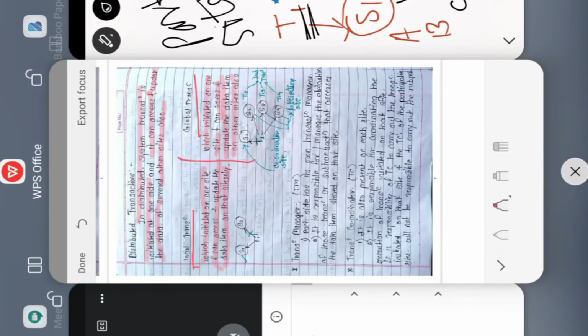Okay. So the same thing I was trying to tell you here. You can see the transaction T1 is initiated on site S1. That's why I am calling it the coordinator site. And these sites S2, S3, S4 have their respective sub transactions T12, T13 and T14. So T12, T13 and T14 are called the sub transactions, and the sites S2, S3, S4 are called the participating sites. Okay, up till now.